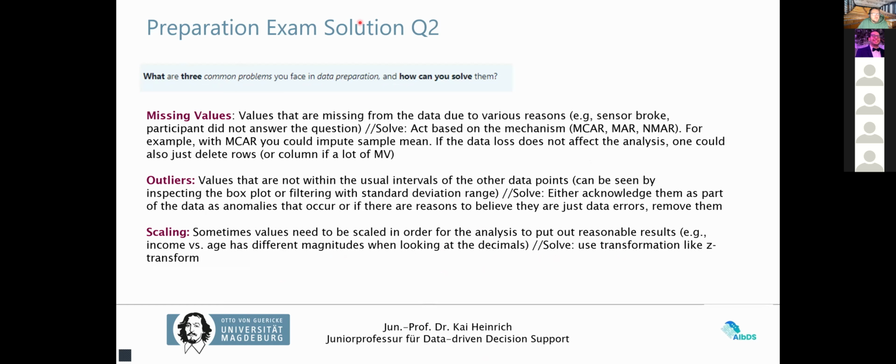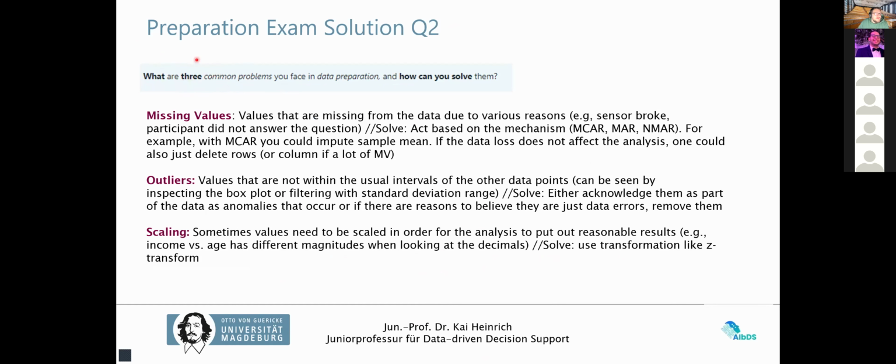Preparation exam solutions Q2. What are 3 common? So sometimes I actually have the number in here, and you should then look at this. If I ask for 3, you will get points for 3. If you write 2, you will get only 2/3 of the points. Very important, obviously, right? So the points are aimed at that you know all the things, not just a part